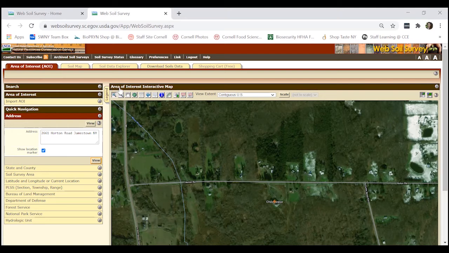If we look under Area of Interest Interactive Map, we're going to see 3 tools on the left-hand side of that bar that we're going to start with. They're going to be a plus sign in a magnifying glass, a minus sign in a magnifying glass, and a little grab hand. The plus magnifying glass allows us to zoom in on an area, whereas the minus takes us out. The grabbing hand allows us to hold onto the map and pull it